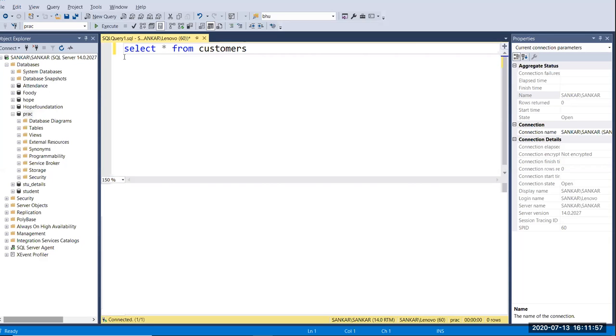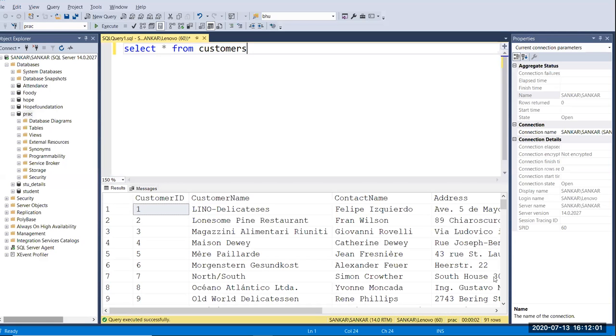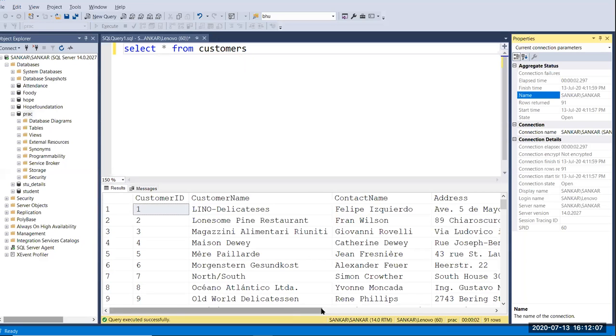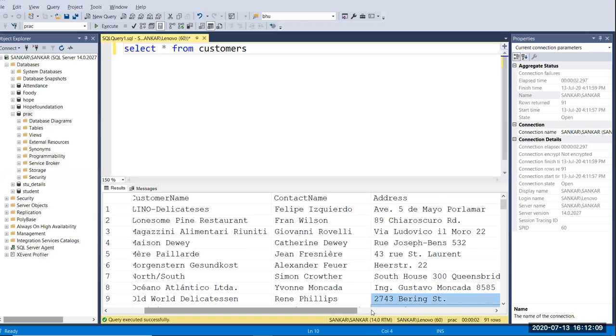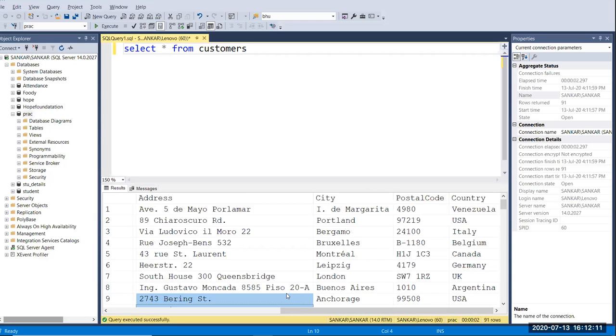Customers, and I'm going to run this. Here we have customer ID, customer name, and contact name, address. Okay, then postal code and also country. Okay, so now I want to grab values or records from some countries.